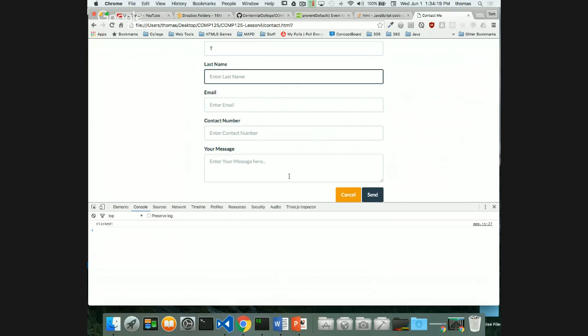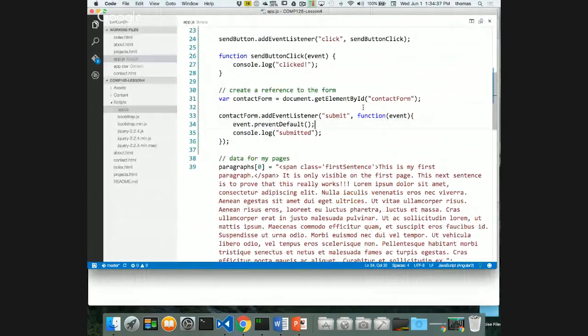Now, how do I clear the form? How do I clear a form with JavaScript? I could create a separate function that replaces all my fields with blanks. I could do that. Like, for example, take the value of each of my fields, because each field has a value. An example of this would be if I was to go to